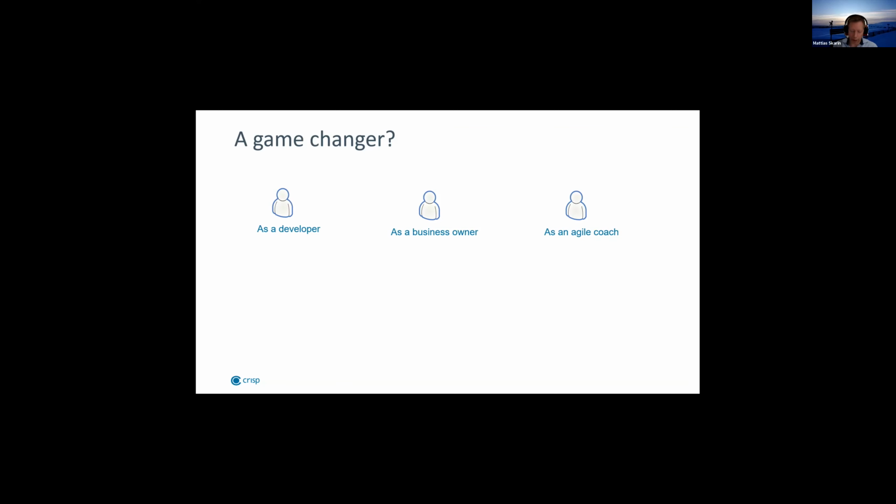Let's look at 3 different roles here. Let's first look at the developer role. The first thing to notice is that a large part of developers' roles, writing business rules, we can already use machine learning and AI to figure out. We still need developers, definitely, because we'll need to develop the pipelining and the ecosystem and a few rules. However, we don't need developers to write all the business rules anymore.